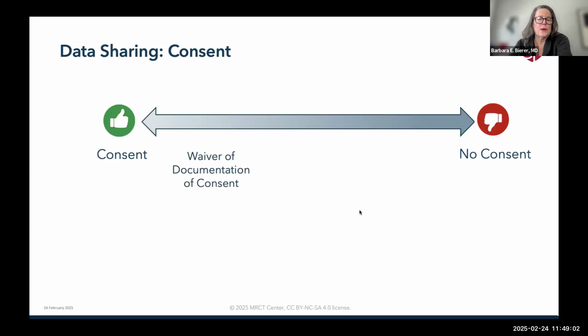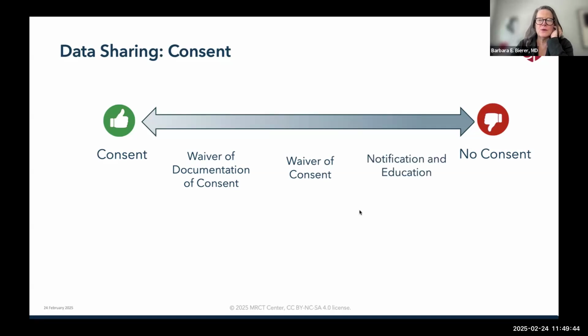Well, first of all, there's waiver of documentation of consent, where you have the consent process, but you don't document that consent. That makes it hard in the future to know what was consented or not, but it is a robust consent, and we use it under certain circumstances. There's waiver of consent where an IRB or an oversight body reviews how that data will be used, but we're not going back to the original data contributor to ask whether or not we can use the data. We're just letting a hopefully disinterested party make the decision.